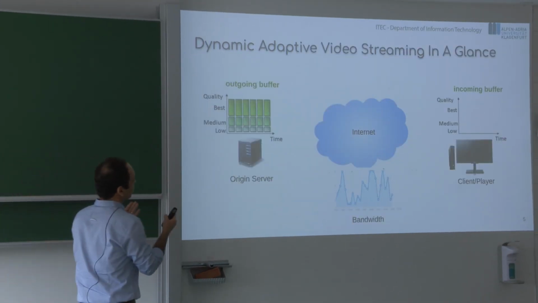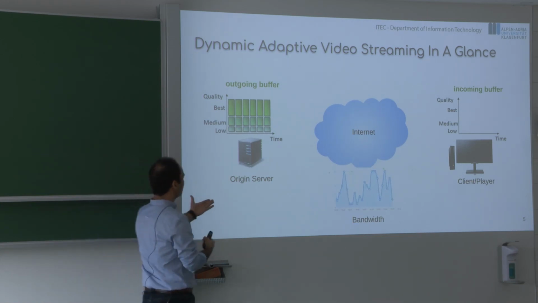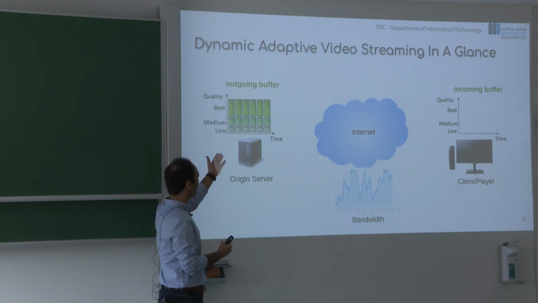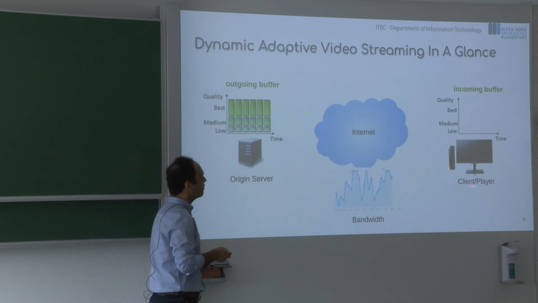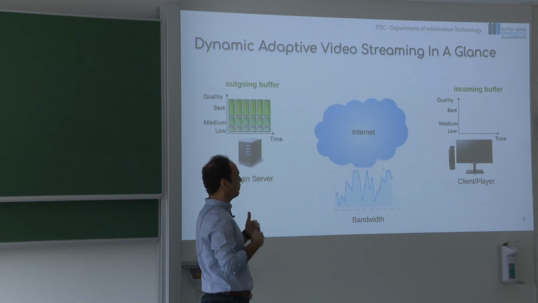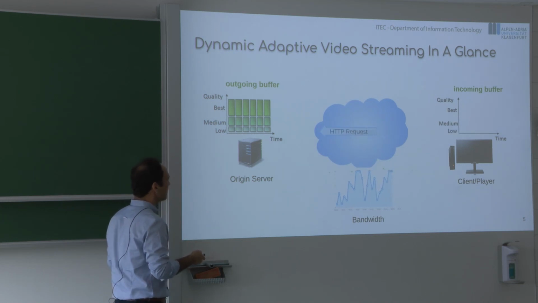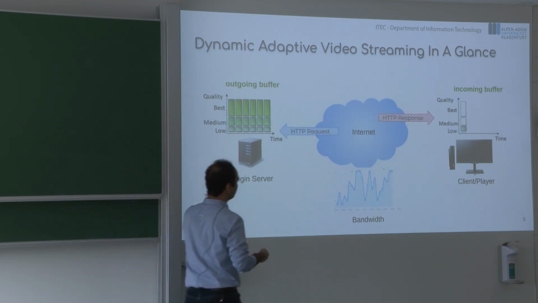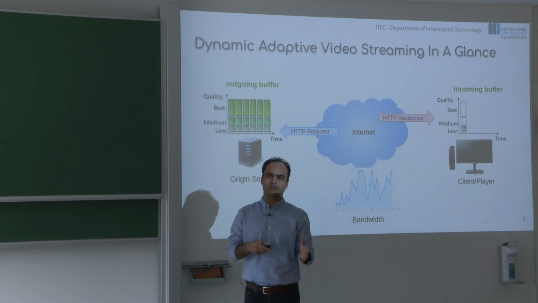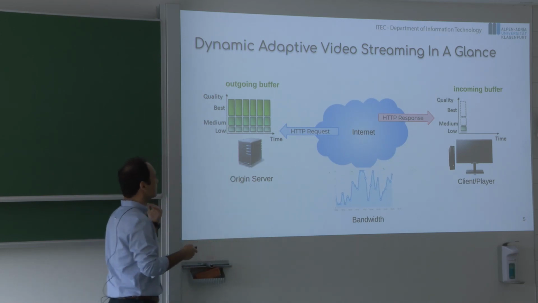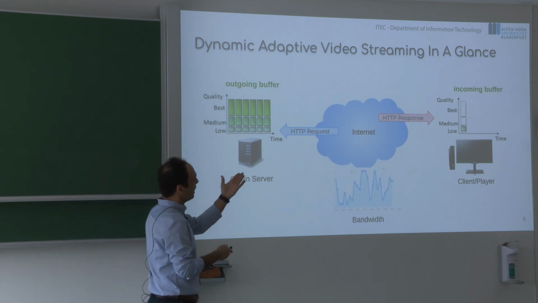So let's start with a simple demonstration of video streaming. Assume that we have one origin server with an outgoing buffer and some content already in the outgoing buffer. And here we have our client's player that wants to start streaming. Then the first segment goes through the internet. The internet fluctuates here; you can see that fluctuation sometimes happens on the internet. So the first request came to the origin server, and the first segment was received by the client and put in